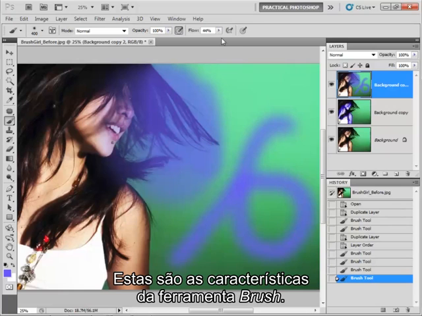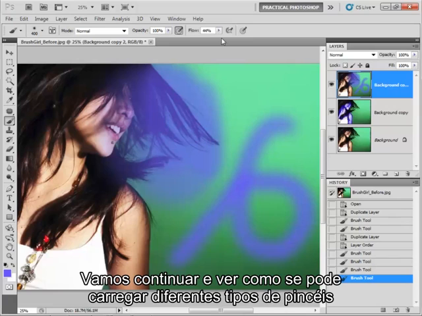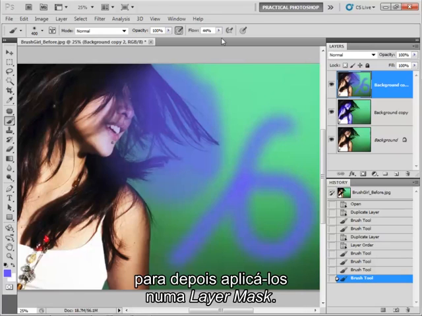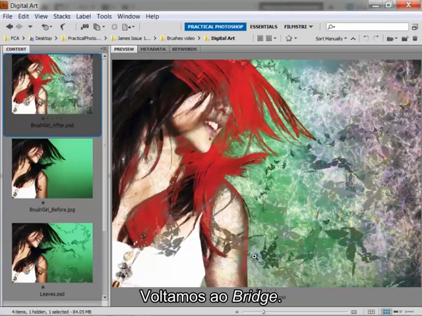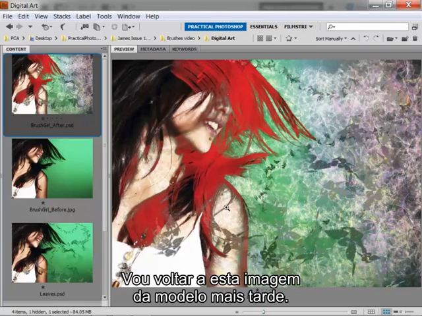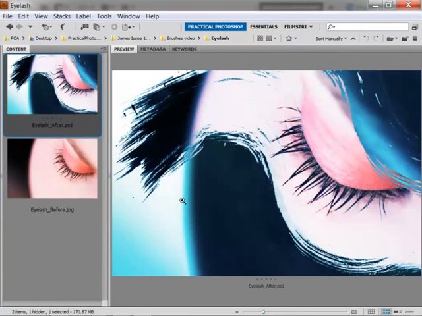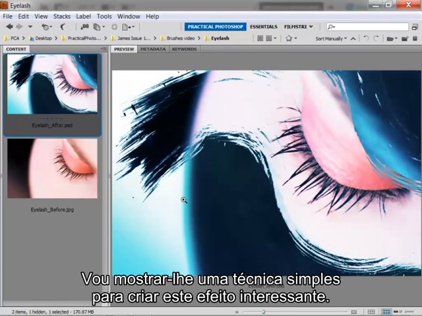So that's a few basic features of the brush tool. And so let's carry on. We're going to have a look at how we can load in some different brushes and apply them to a layer mask. So back into Bridge, I'm going to go back to this image of the girl a little bit later. First of all, let's go to this image here, and I want to show you a very simple technique